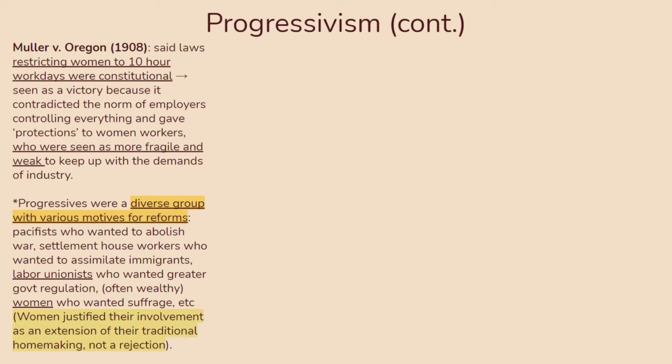And women are trying to make their case by saying, look, we spend all of our time in the house. We know what children need. We know what the house and society needs. So we are qualified to vote on issues important to us and vote responsibly for them, which will definitely help make their case. And in terms of progressive measures, I like to talk about them in terms of categories.